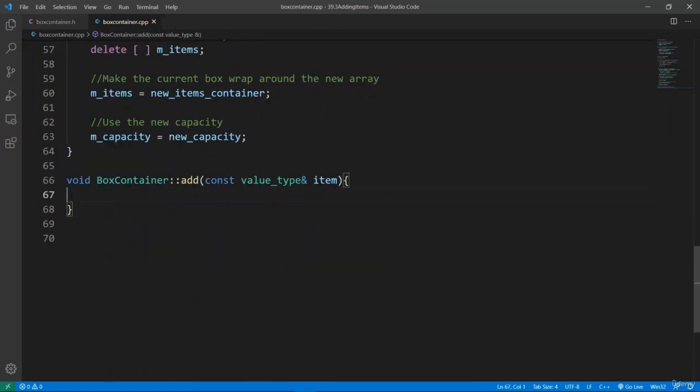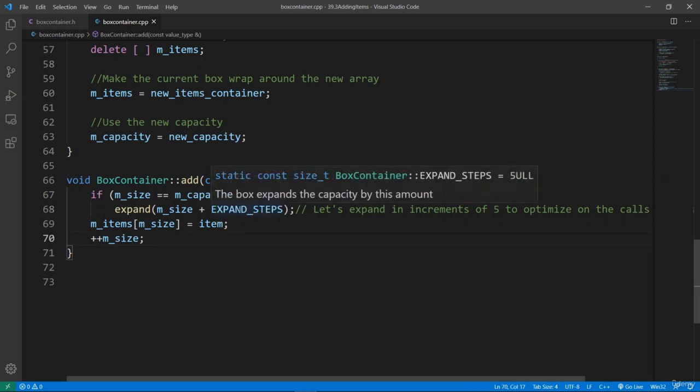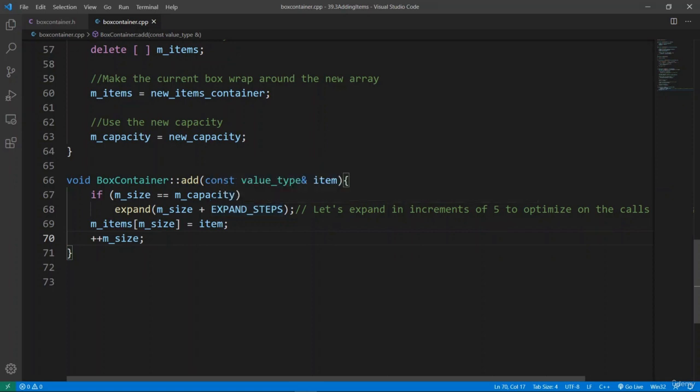We are going to check and see if the collection is at full capacity. And if it is at full capacity, we are going to expand it and make it contain more elements. Notice that we are adding expand steps. And if we hover over expand steps, we are going to see that it is a 5. So we are going to be expanding this by 5 more elements to account for the new elements that we